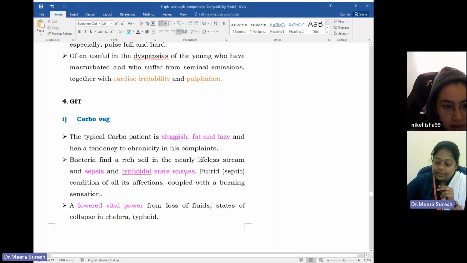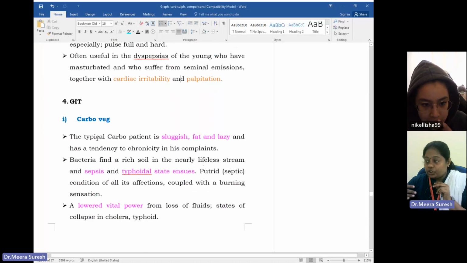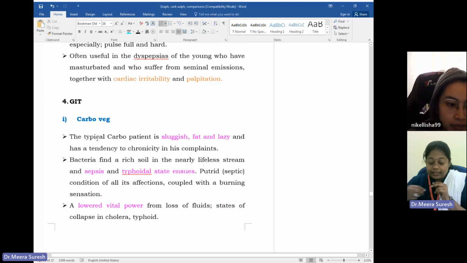So when we connect that sentence to the microbiological level, we know that whenever there is some stagnation of blood, or the blood circulation is not happening very nicely in a particular area, bacteria is going to get accumulated. So that's the same with carbo, a collapse condition patient whose circulation is much affected, and even if there is a small injury and the hemorrhage is happening, because we saw in case of hemorrhage of carbo, it will be venous congestion and it is blood freely oozing out. So in such a constitution, bacteria will be finding its rich soil to flourish,